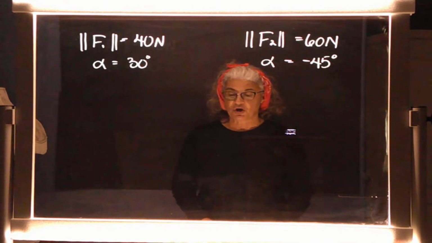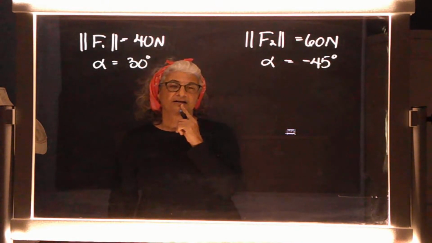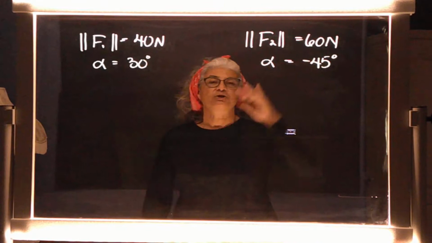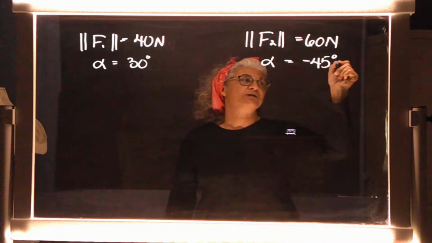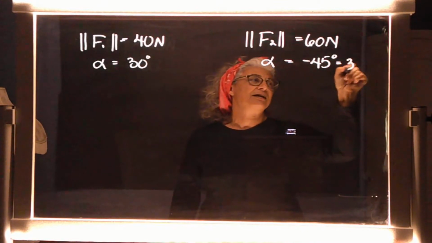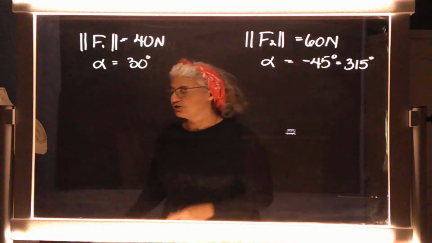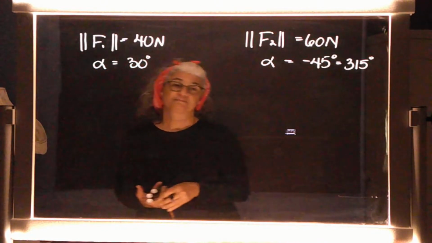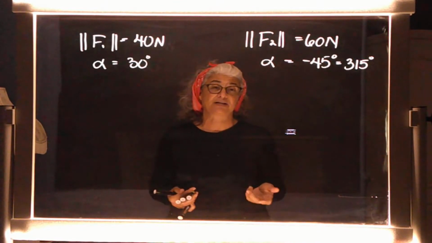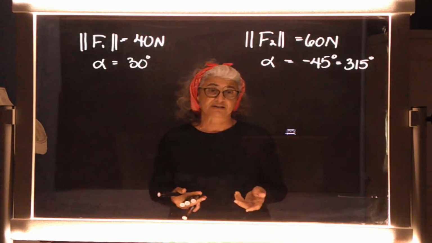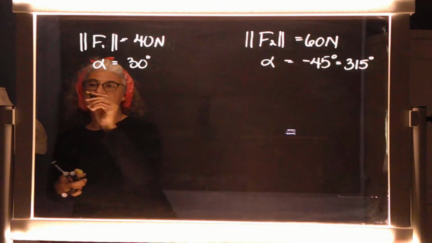Agreed? Okay, so help me out here. This negative 45 degrees, which quadrant is that in? Good, that's in the fourth quadrant, isn't it? Which means a negative 45 degrees is exactly the same as a 315 degree angle, isn't it? Okay, good. So they want the sum of the two vectors. Well, if they want the sum of the two vectors, I guess I'm going to have to find the vectors themselves, aren't I? All right, so let's look at the F1 vector, and that's how I'm going to call it